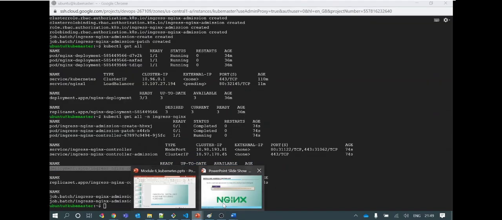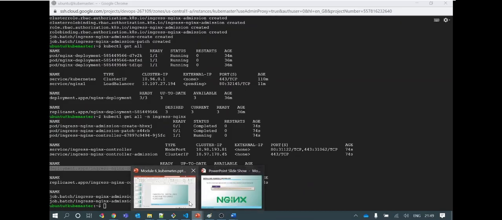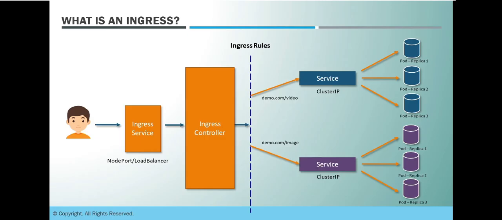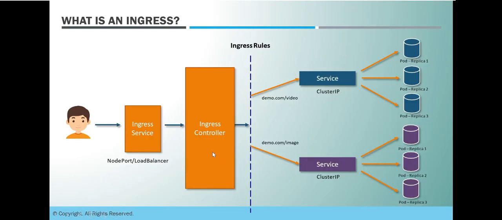Now next, my cluster is ready to register ingress rules, or ingresses, that were part of this tutorial, right? We got this created, the ingress service NodePort is created here. If you see, this service is created, this one, right? And now we need to create this and this.